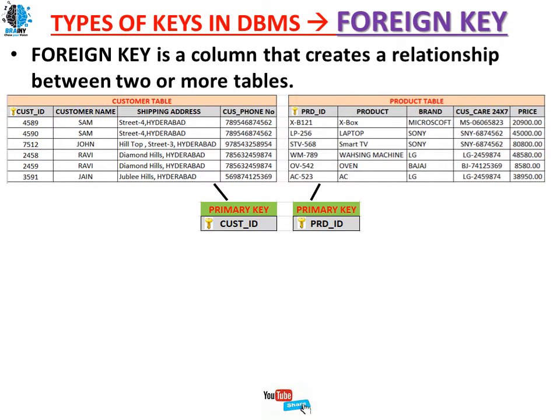Now I want to establish the relationship between these two tables. For example, the customer table is different and the product table is different. Any customer wants to purchase any product. So I'm going to create another table. The name of the table I want to create is the purchase table.